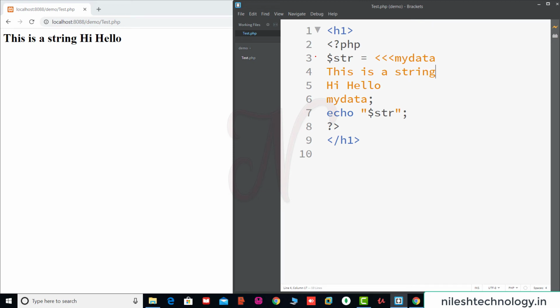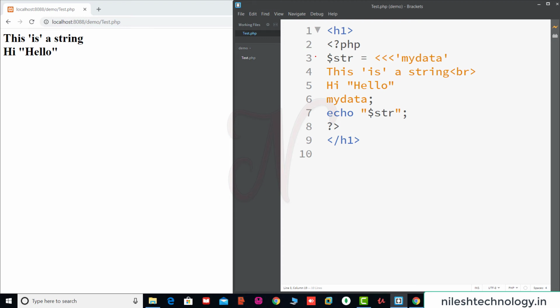Here you can use HTML tags directly. And if you want to print a double quote around hello, you can use it directly; there is no need to use backslash double quote. One more thing is that you can also use a single quote directly. This is the main benefit of the heredoc string. Now nowdoc is just the same with my data in single quotes. Save these changes. See, this is your output. So these are the two new string tools in PHP, heredoc and nowdoc.